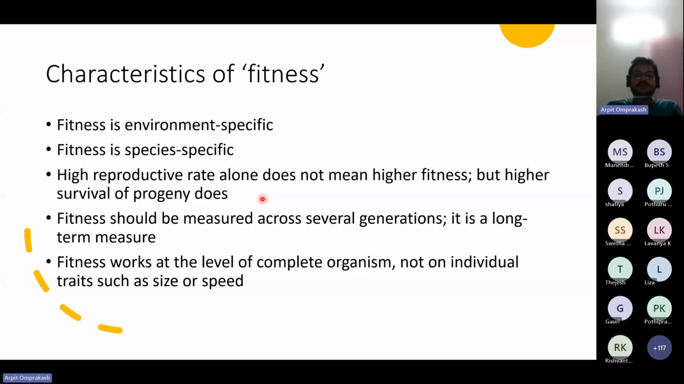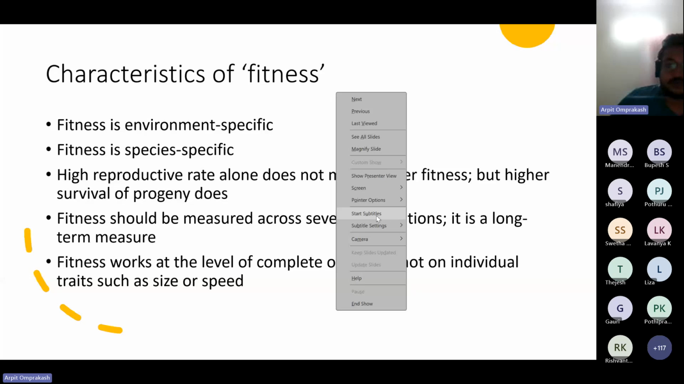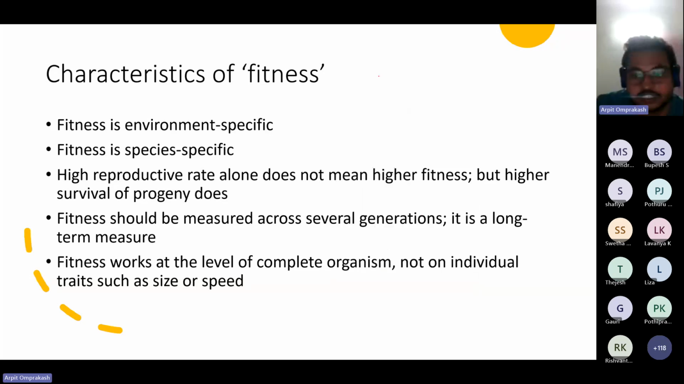The last thing is fitness works at the level of a complete organism, not an individual trait such as size or speed. So, for example, let's say we have a cheetah which has a very high speed. And we have a lion which has a slower speed, right? Not a lion, sorry. We have one